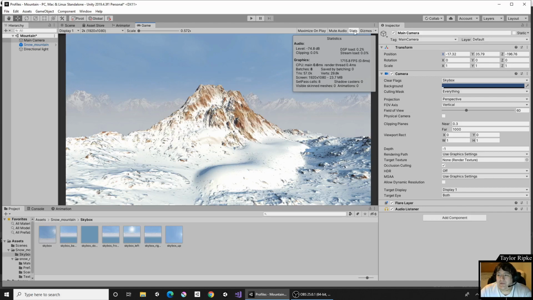Alright, so that's enough for the stats at the moment. Let me go ahead and close that, and let's actually get into the topic of today's video, which is the post-processing stack. Now, right off the bat, this scene looks very good. It's a very high detailed mountain. It has a skybox in the background, and we want to make it even better, and we can do that